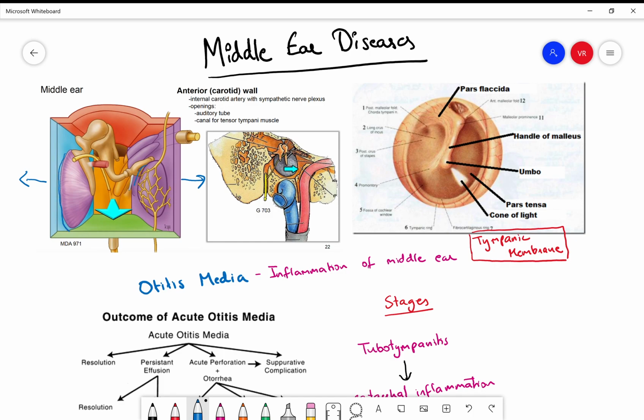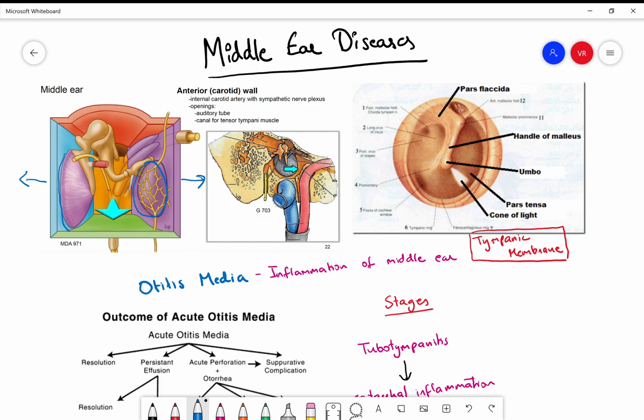Medially, it communicates with the promontory of the cochlea over here, and then the anterior side is open here and posterior side you can see over here, and the top and bottom. In the top you have it communicating with the tegmen bone, and at the bottom there's a jugular bulb present over there. So those are important relations which you need to know, because any infection or inflammation here is going to communicate with those structures and spread to those areas next.